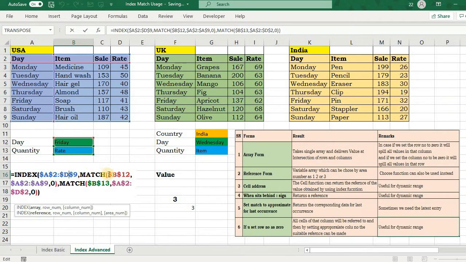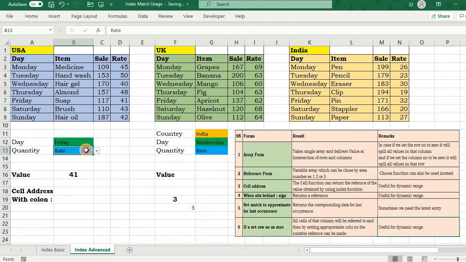The row number is provided by one of the match functions, which is searching for this day, and the column number is delivered by this match function, which is searching for rate or whatever is in the B13 cell. Now if I change the quantity to rate or something, this is giving 170, this is fine. But if I want the reference form,